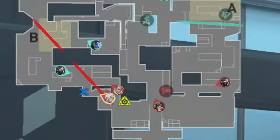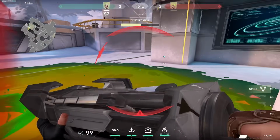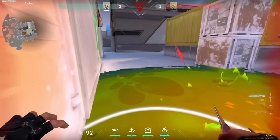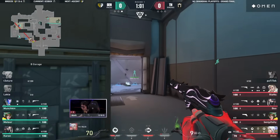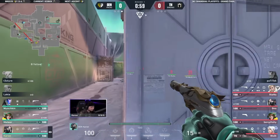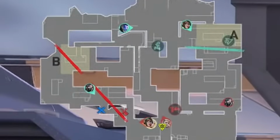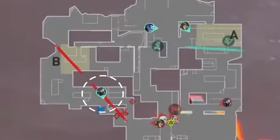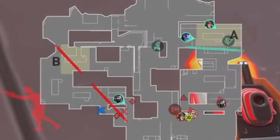On top of that, we start to see some of the comp differences come into play because planting B without a Gecko is seriously a miserable experience, so Heretics are going to be a bit more reluctant to go B. We see Heretics start to move back towards A, but Munchkin is somehow reading this perfectly and rotates right with Heretics. Charon simultaneously pushes to get info that confirms that Heretics will be hitting A, which not only gives him